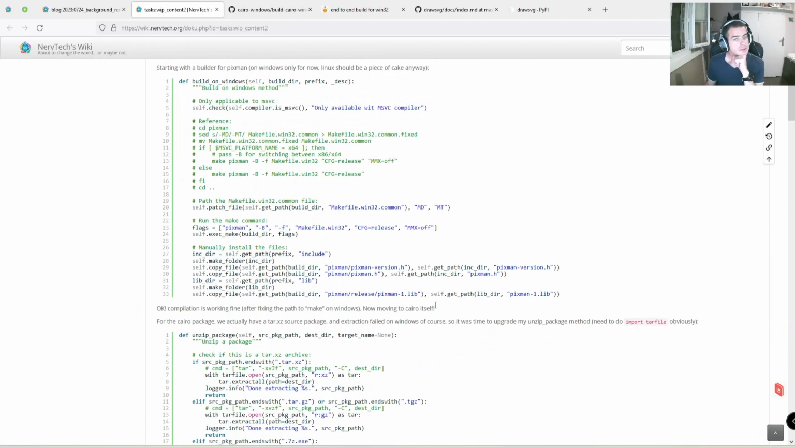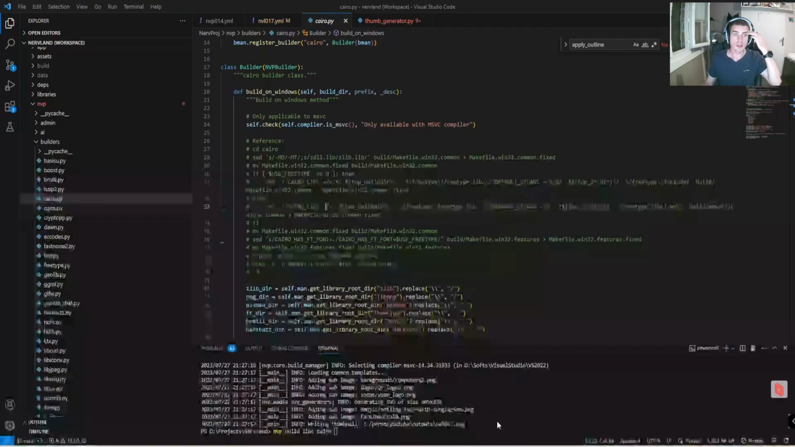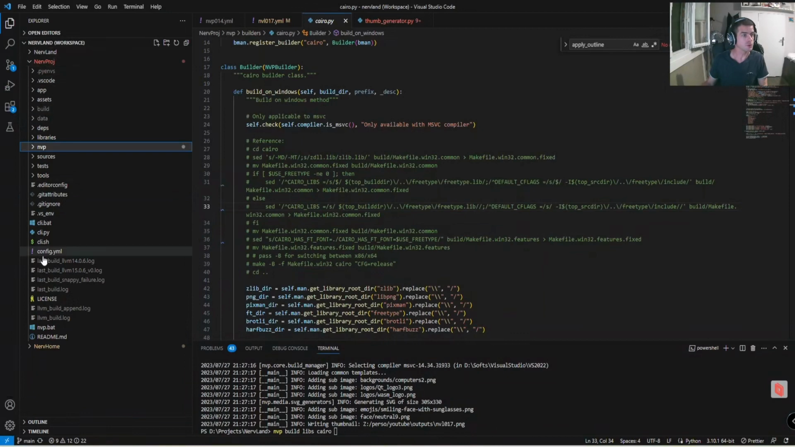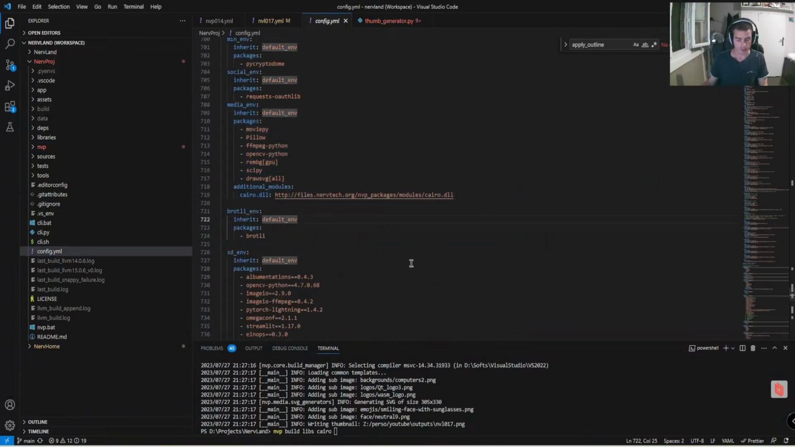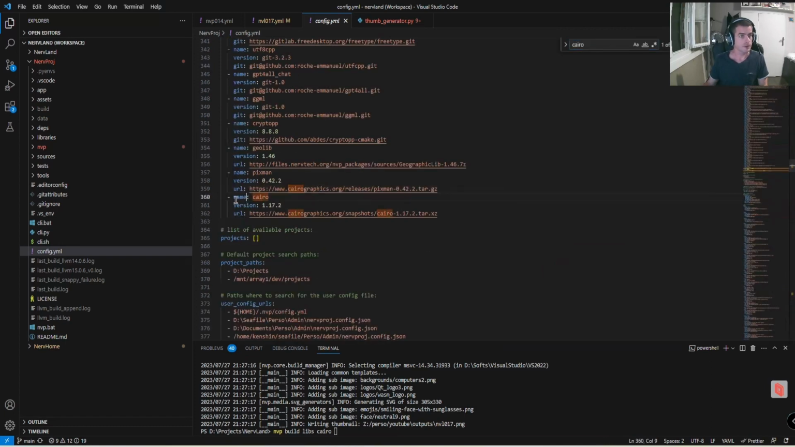So yeah, we got Cairo built, but another interesting change I made in the process concerns downloading the sources for Cairo. In fact, let me just check that. It's in the NvP config file, where we define the Cairo library, and it's going to download this package as the source package to do the